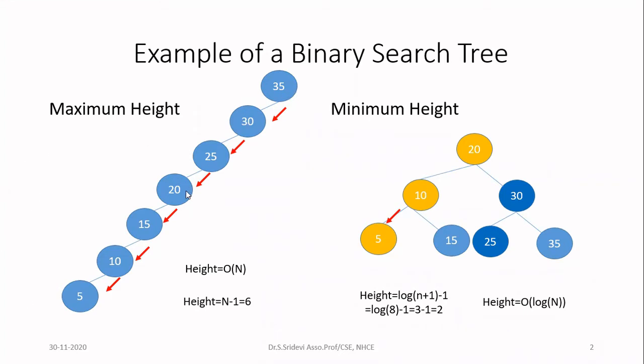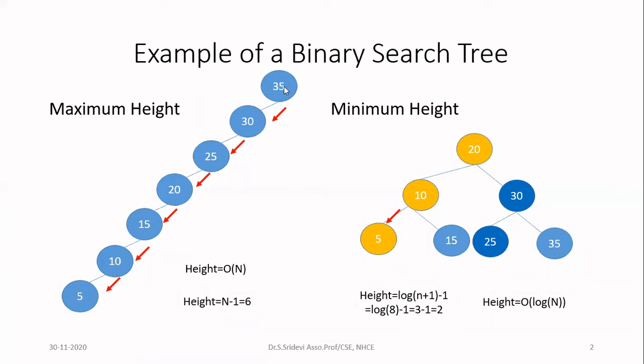So here, if you consider the first tree, which is shown on the left-hand side, that is a skewed tree. Skewed tree is nothing but all the nodes are having only one child. First I'll insert 35. To insert 30, since 30 is less than 35, I will insert in the left branch. Similarly, when I get the data 25, first I'll compare with 35. 25 is less, so I'll compare with 30. 25 is less than 30, so I'll insert in the left branch. Likewise, I will proceed for all the data.